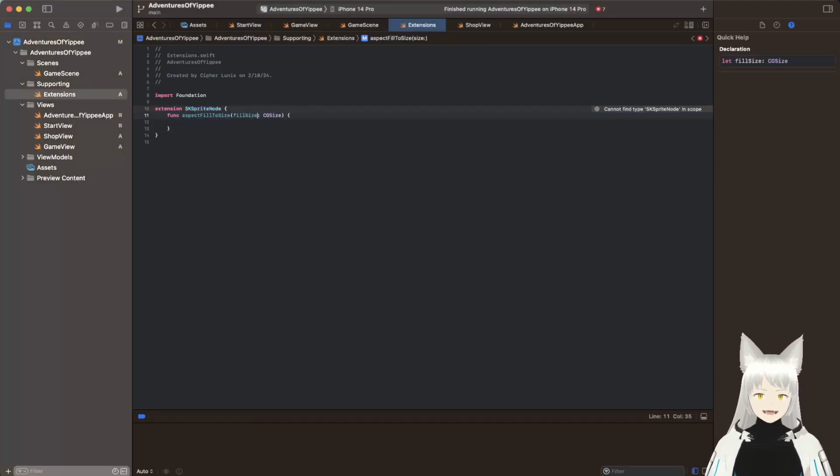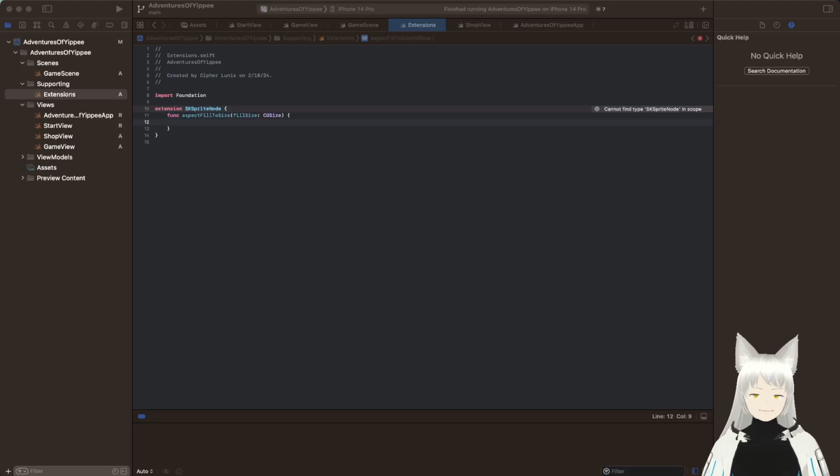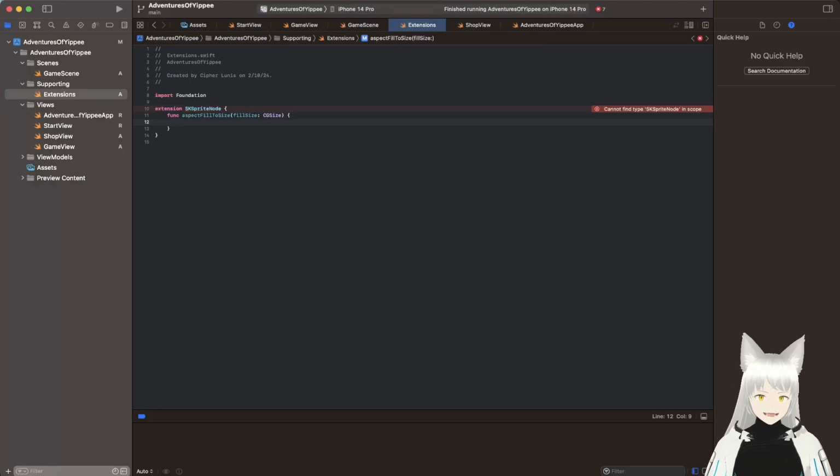So this function will basically, if the width is bigger than the height, or the height is bigger than the width, scale your node depending on what's bigger to fill the screen. That's what it'll do. Let's show what that looks like. So I have if texture, so I get this texture variable by default because we're extending SpriteNode, and SpriteNode has a texture variable. It's like self.texture. And so then I can say self.size equals